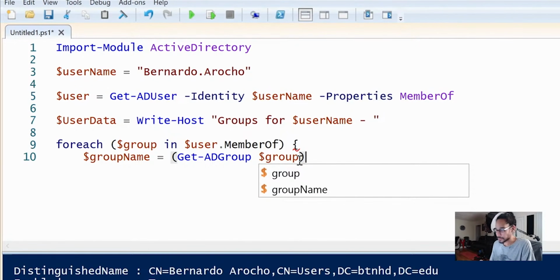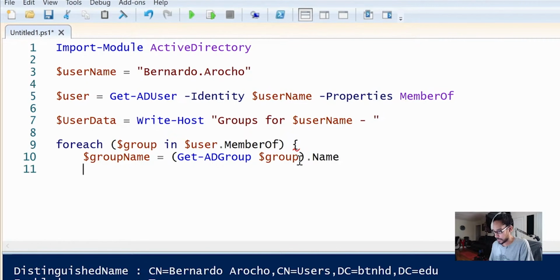Now from here, we're only going to retrieve the name. So we're going to hit a period and we're just going to hit Name. Okay, we're going to hit enter here, hit enter here.